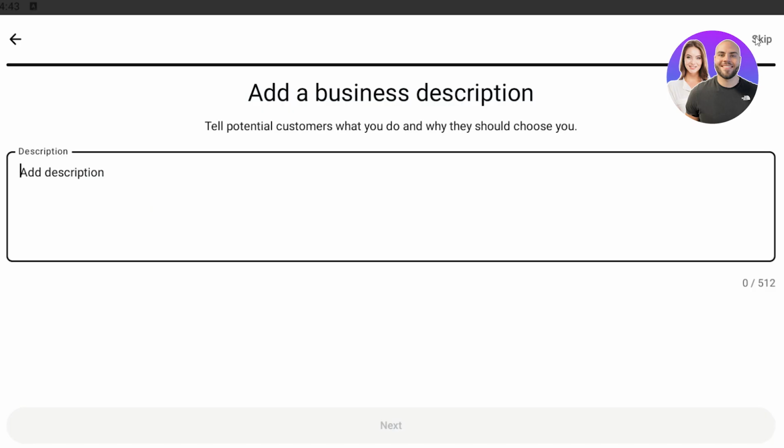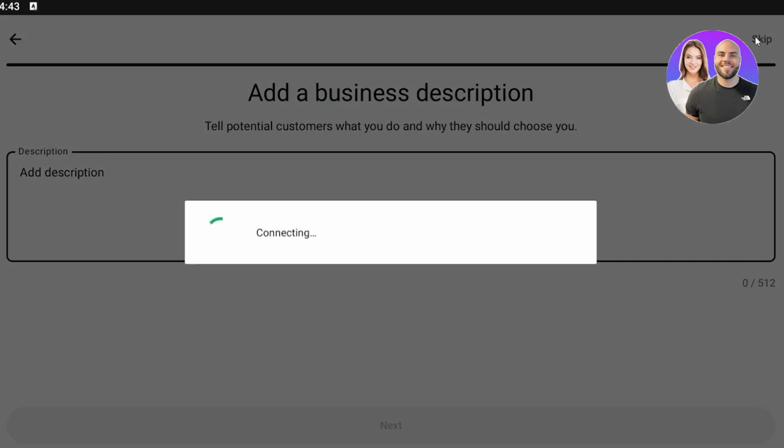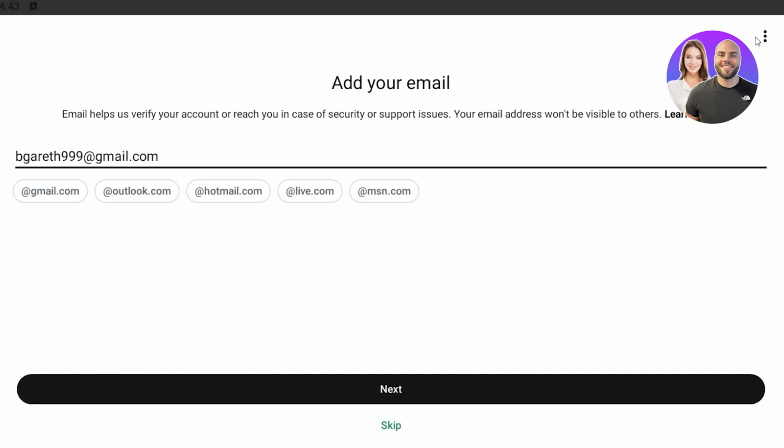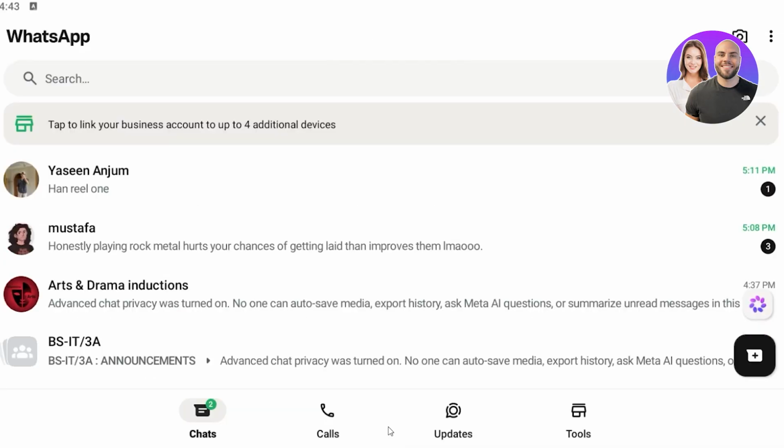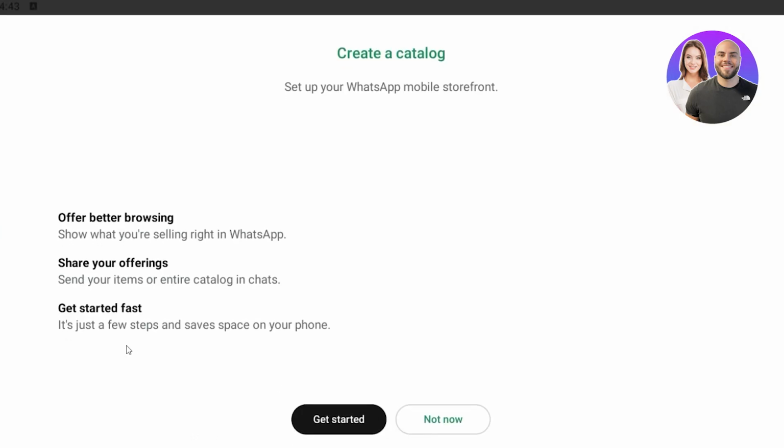So do make sure not to half-ass this. You do need to make sure that this is accurate. Then once you've added your email and everything is done, your business profile is going to finish setting up because everything is good to go. Okay? So once that is done, here, as you can see, it says create a catalog,